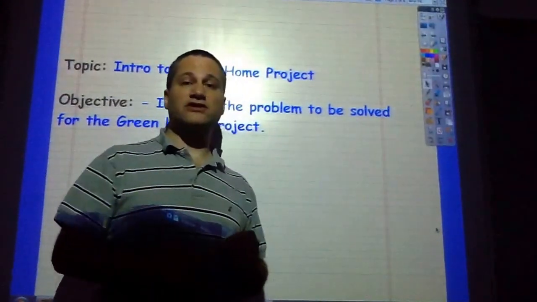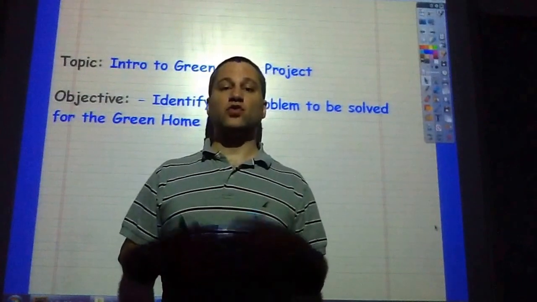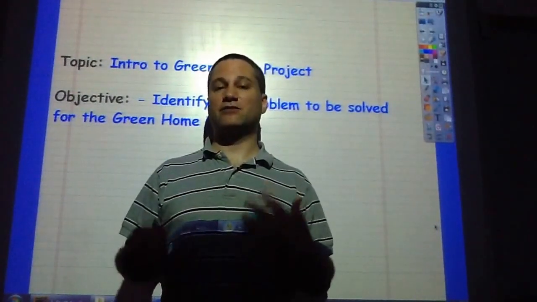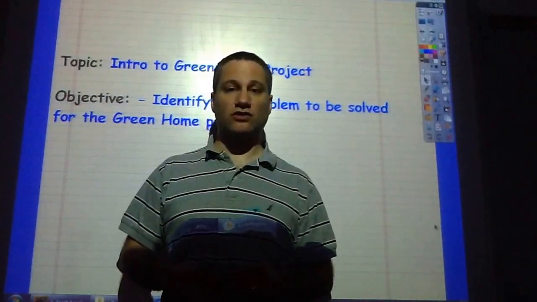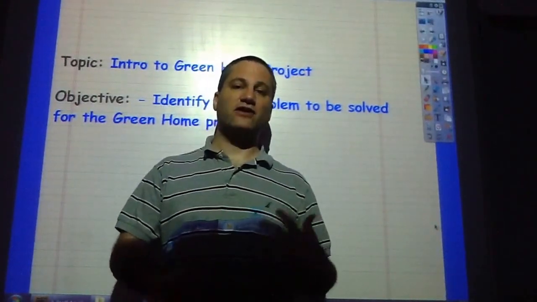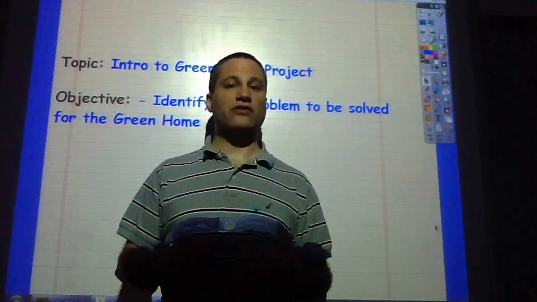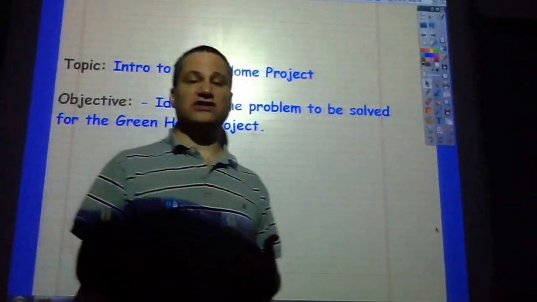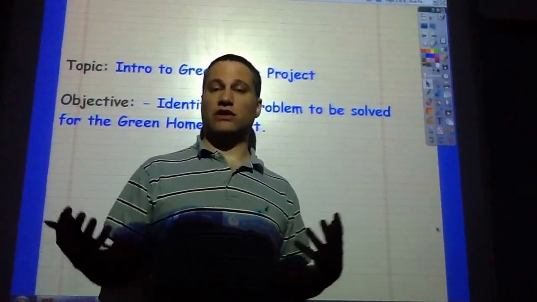And one of the things you need to think about is where the home is going to be. So every person in the room is going to be assigned a particular location in the world, and each location is going to have unique characteristics as far as weather and climate is concerned. And that's how this project feeds into our unit, which is weather and climate.